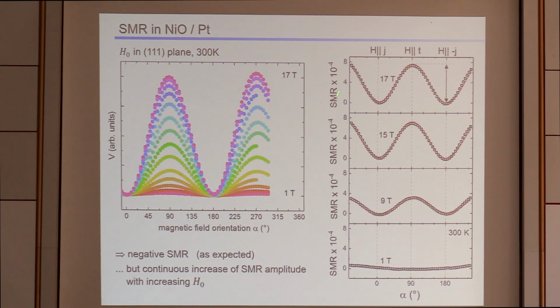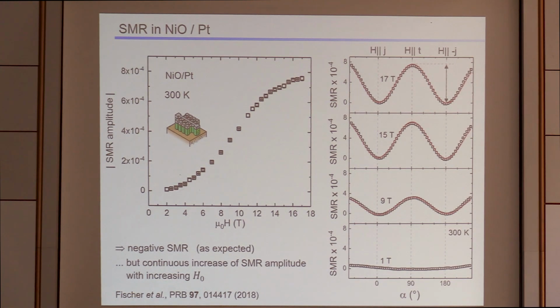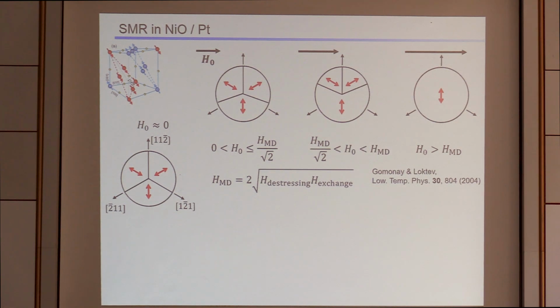And if you zoom in, you get these types of results. So we seem to have a continuous increase of the magnetoresistance and not at all this sudden onset of a clear response above the spin flop field. If you plot the amplitude of the effect, you see this continuous increase until the apparent saturation at high fields. And this is something that really puzzled us for quite a while, and that's where Helena Gönnenwein came in